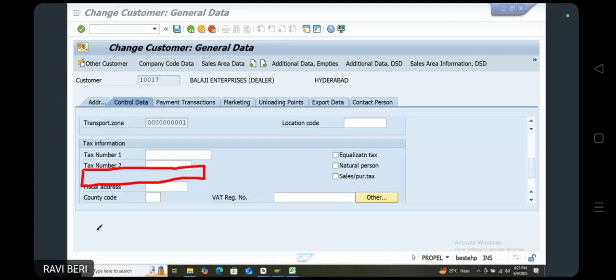Okay. So here we don't have tax number 3, so how to get that? Make a note. By default, we will not have this field tax number 3. Make a note. To get the tax number 3 field,